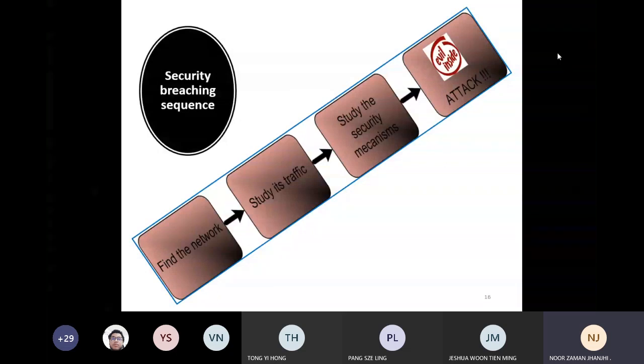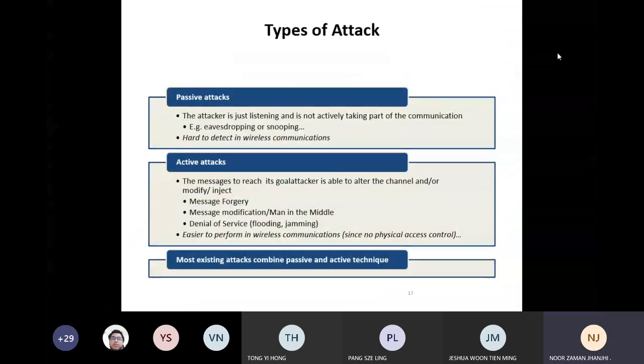So the passive attackers, they will be living on the second step and the third step. And they are doing their homework to collect the information and the data to prepare themselves for the second stage, which is the active attacks. Now, an active attack can come after a passive attack, or in some cases the active attack can come directly. But to make a successful active attack, they always need to have the passive attack, because the passive attack will provide them all the information about the network, and then only can they reach